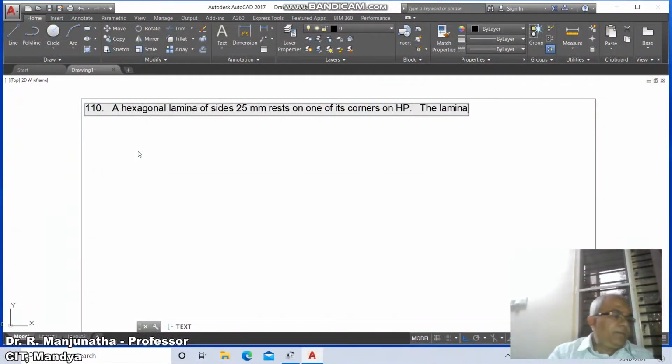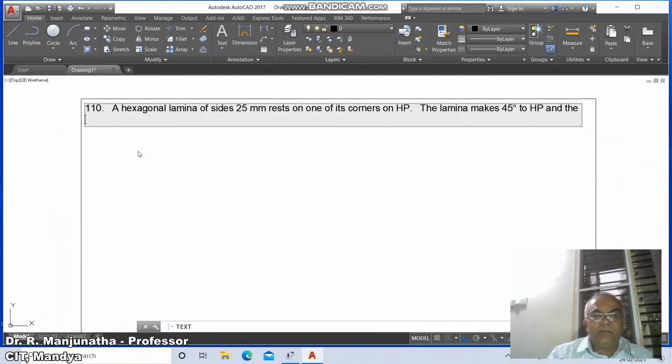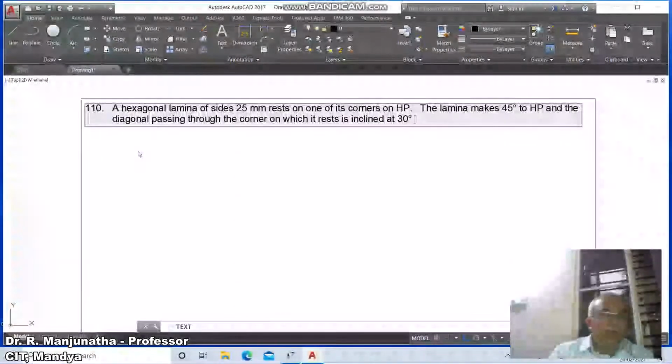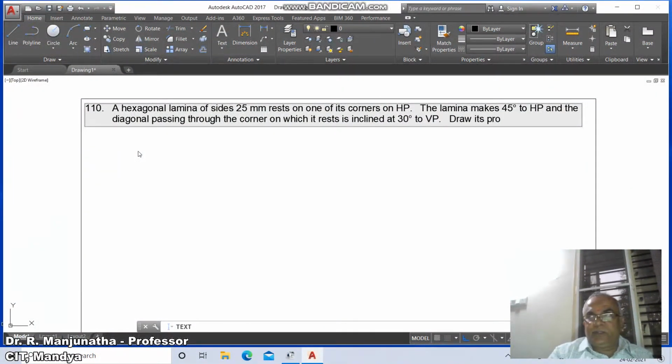The lamina makes 45 degrees to HP and the diagonal passing through the corner on which it rests is inclined at 30 degrees to VP. Draw its projections.